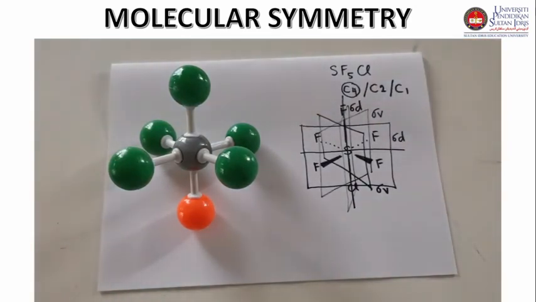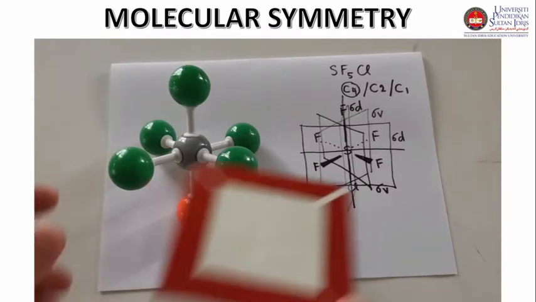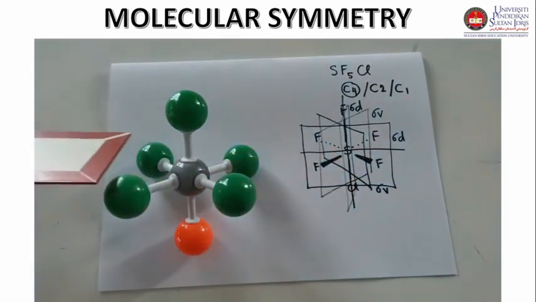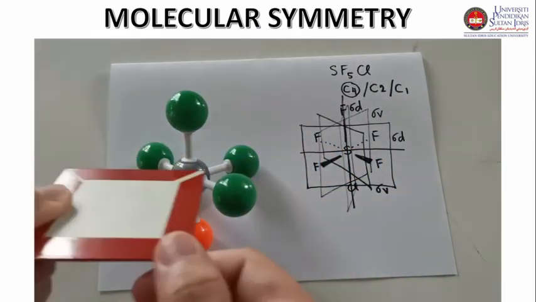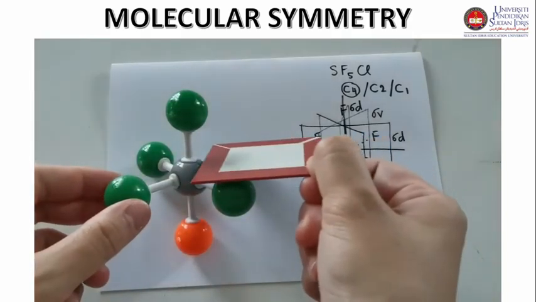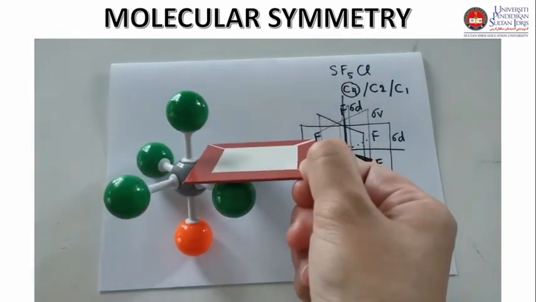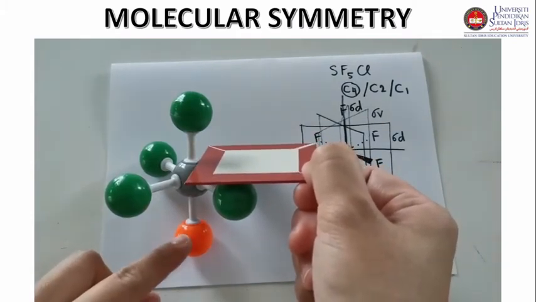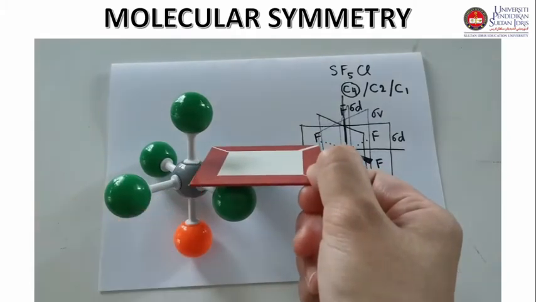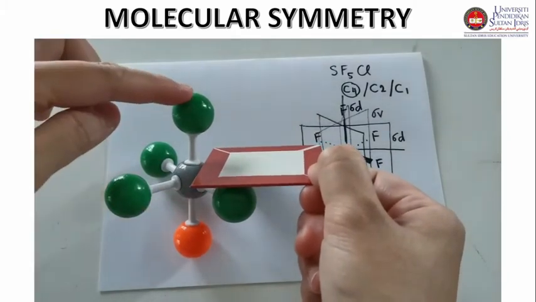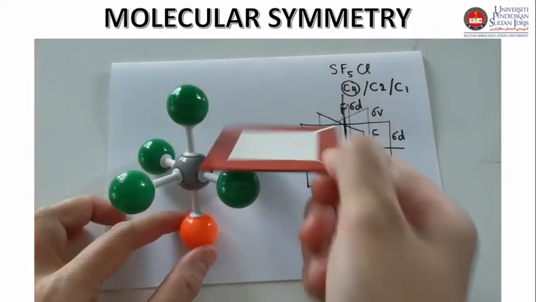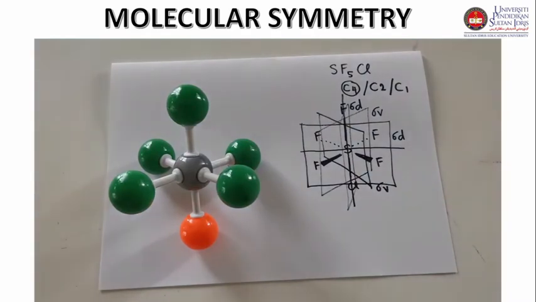So there is a C4 axis in this molecule. So guys, we can check the S4 axis for this molecule. There is no horizontal plane, because if we cut it horizontally, then the fluorine atom and chlorine atom do not reflect equally. So the configuration of this atom is different from the atom above. This is fluorine and this is chlorine, so we cannot have a horizontal plane in this molecule.